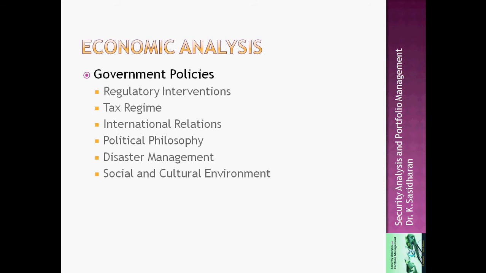Then the tax regime. Tax is an important thing. Every country has a tax system, and the tax regime in a country can be favorable or adverse to the industries. If the tax regime is adverse to the industry, it will affect the industry's progress, because they may have to pay higher rates of taxes that will reduce the profit at disposal, and the profit which can be distributed among the shareholders. So naturally, people will be reluctant to invest in such companies. So the stock prices will fall down, and vice versa.